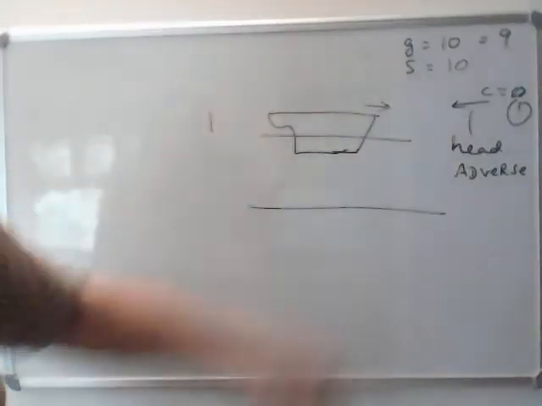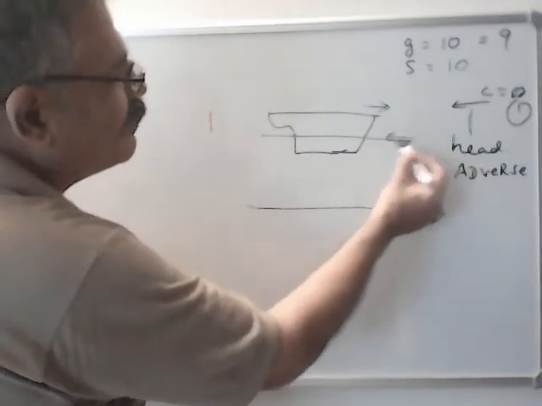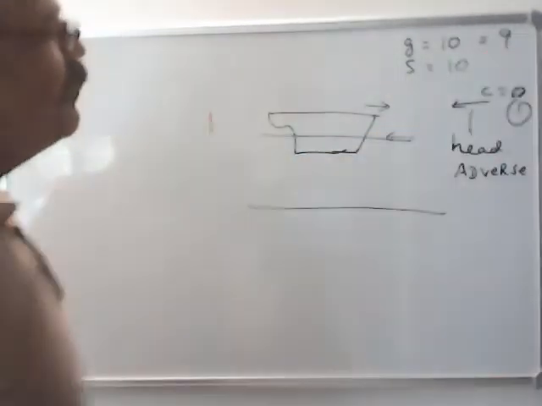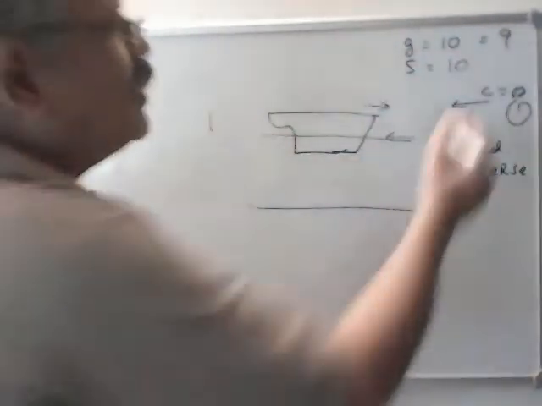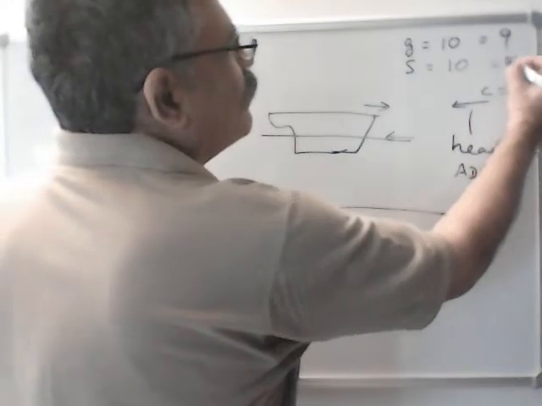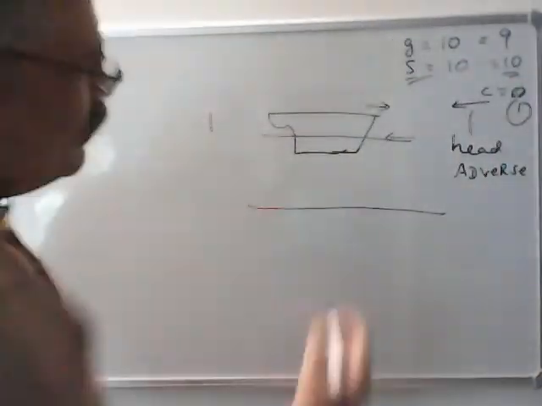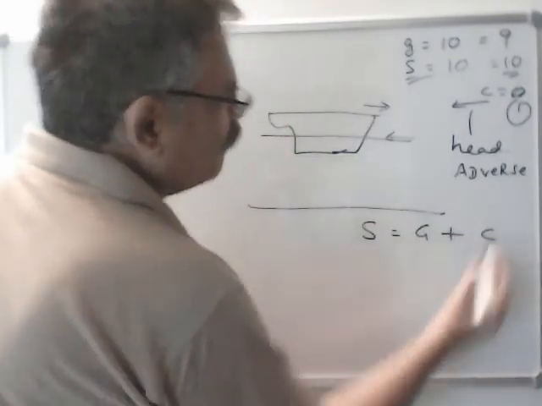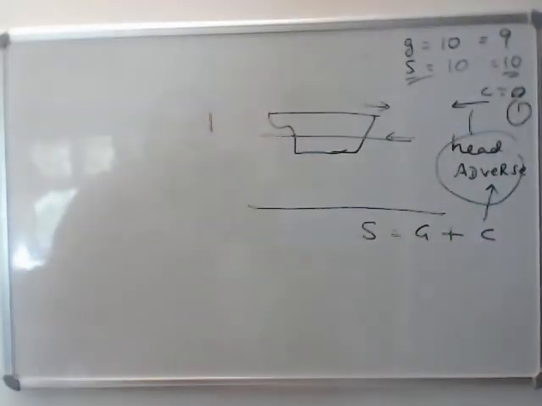So what will the speed log show? What will be the speed of ship with respect to the water? Now water starts flowing like this. And ship is moving with respect to ground at 9 knots. So it will show 9 plus current, 10 knots. Speed log will show 10 knots. So that means speed log always shows GPS speed plus current if the current is adverse.